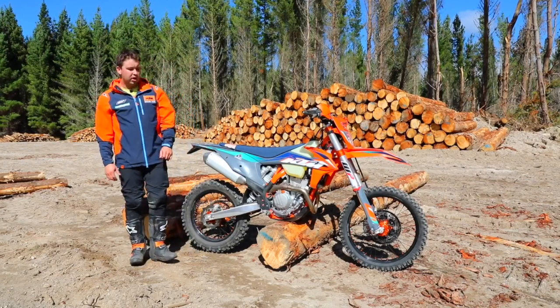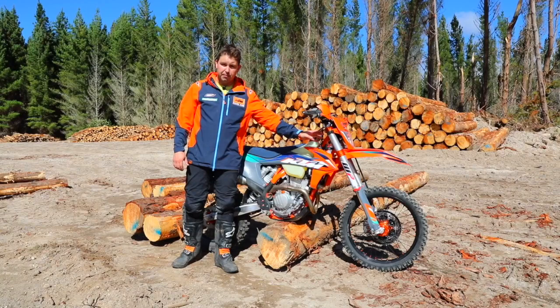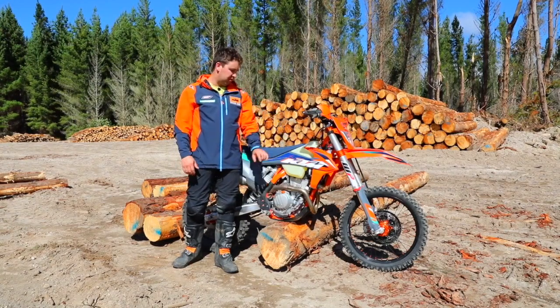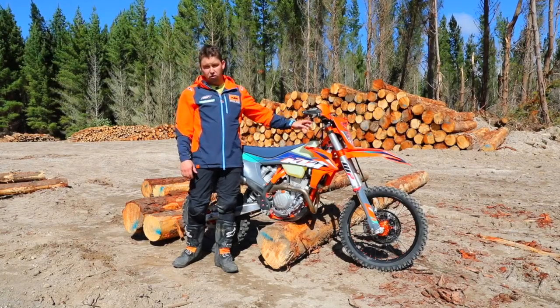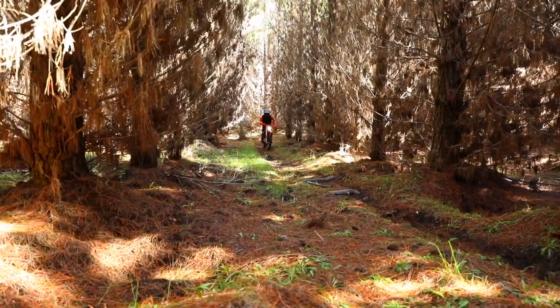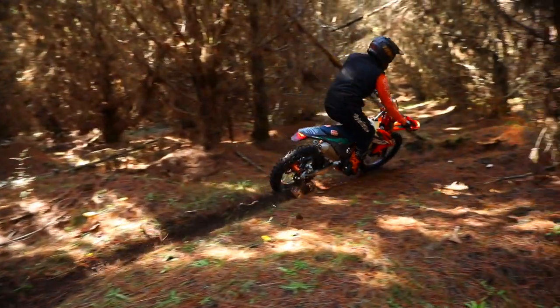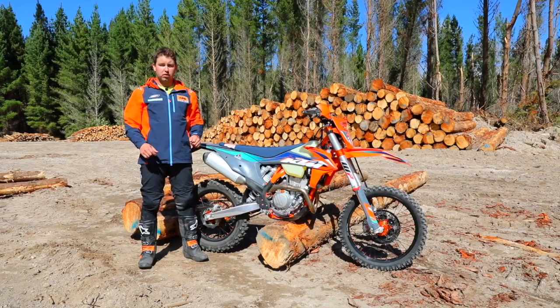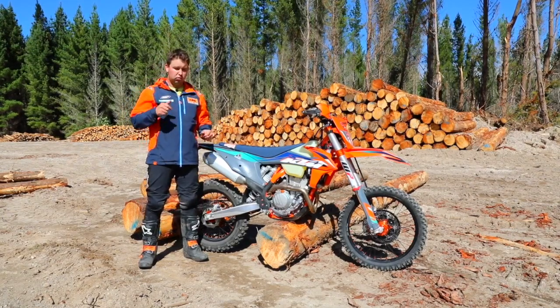The suspension in here is obviously you have the PDS shock and obviously the Explorer front forks on the standard version. Because this is the WESS version, it does have the XACT forks in it, which has the air chamber on one side. But going back to that standard 350, it provides a real nice plush feeling in the fork. So quite often when you're riding along, the initial stroke of the fork or the shock is really plush and it's real forgiving